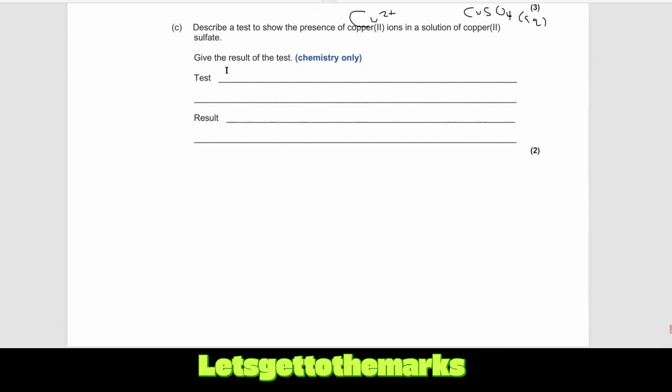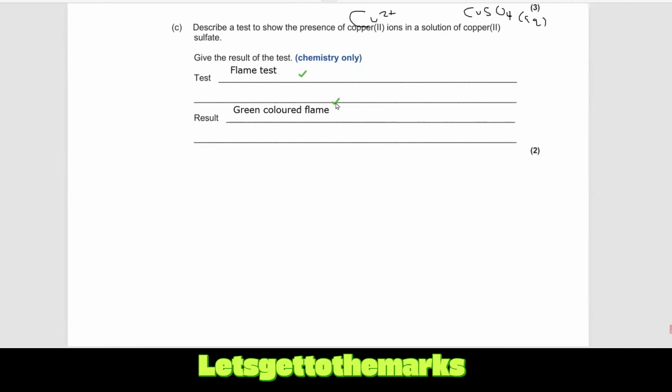And one of the tests is called the flame test. Now, specifically, you want to dip a wooden splint, or you can use a loop, a metal hoop thing, platinum wire. You can dip that into the copper sulfate solution, the CuSO4 (aq), and then pass through the non-luminous part of the flame. Don't pass it through the colored bit of a Bunsen burner flame, otherwise you won't see any color. The result you'll get with copper is a green colored flame. So if you do that, you're going to get a green colored flame, and that's going to get you 2